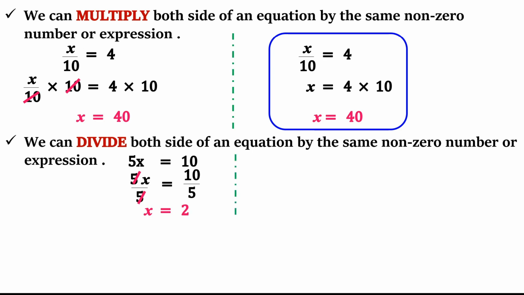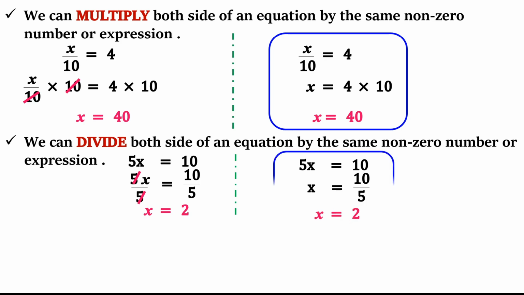Now this same question can be done in one more way. Suppose I have 5x is equal to 10 and I want to remove 5 from here. So what do I have to do? 5 is getting multiplied. So if it is transposed to the other side, it will get divided. I told you the sign will reverse. If it is getting multiplied with x, it will go and get divided, and if it is getting divided with x, it will go and get multiplied. So here we have straight away the value of x is equal to 10 upon 5, and I have x is equal to 2.